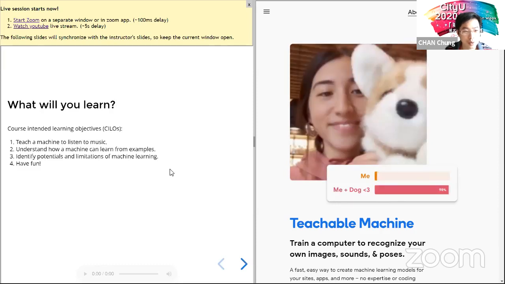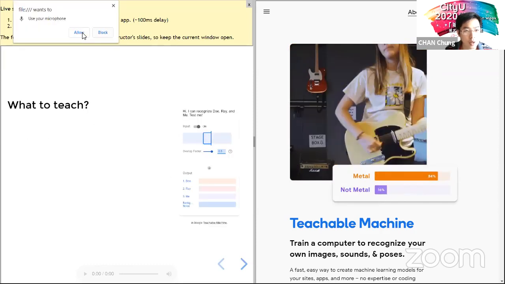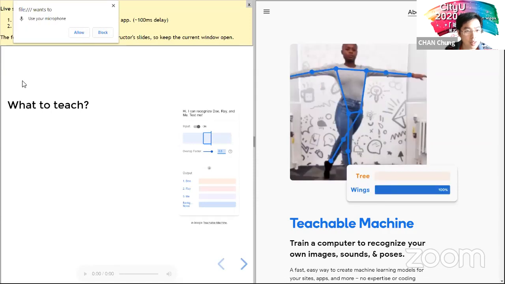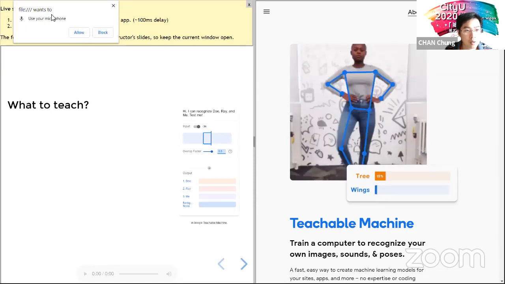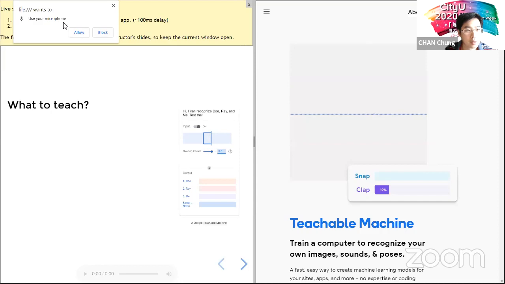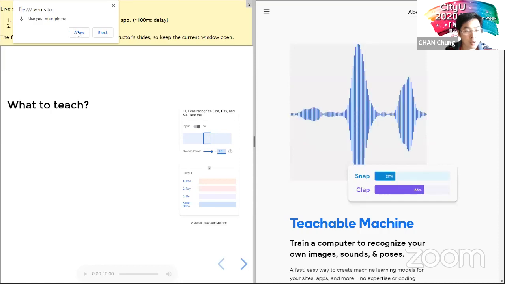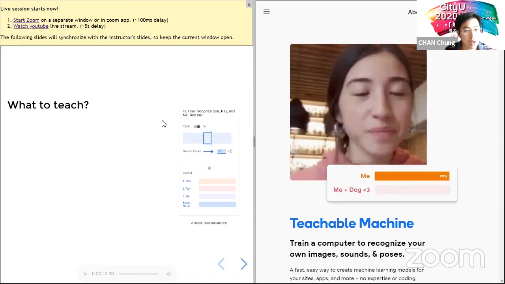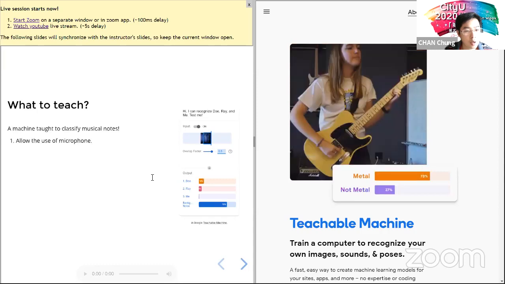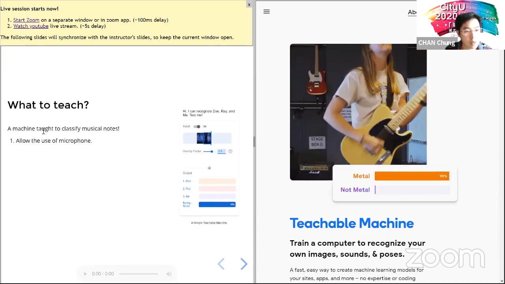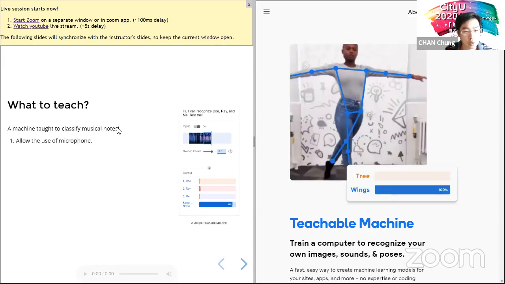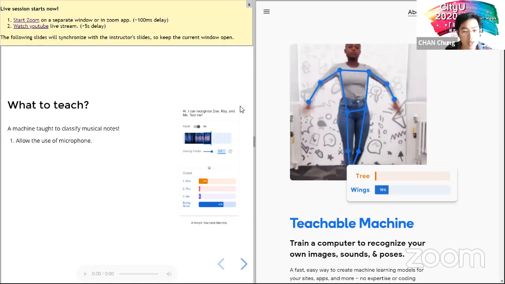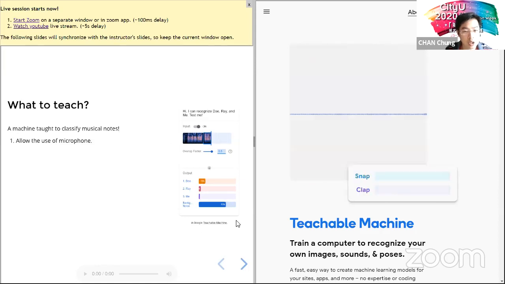Okay, so let's check on what we are going to teach. As you can see, there is a box that pops up and asks me to allow the microphone. That's probably going to show similar things depending on your browser. Please click the allow button to allow the microphone. What we are going to do is teach a machine to classify musical notes. And I have a demo on the right hand side here. This is a machine that can